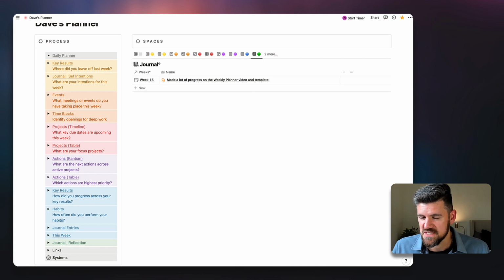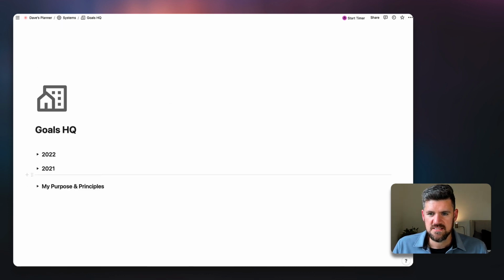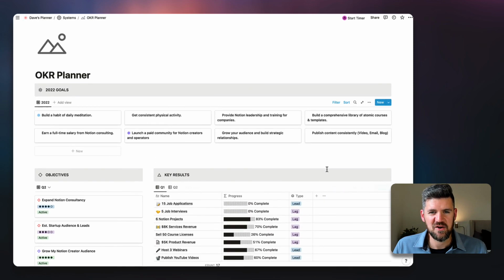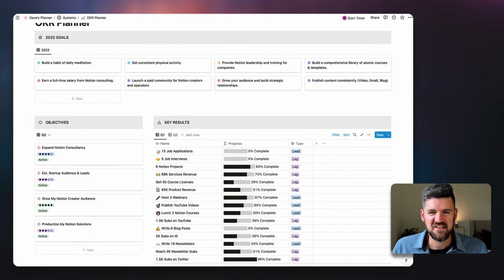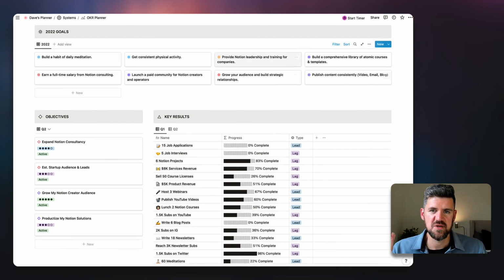Yamaida, you get the last question. How do you divide your big goals into little ones? Great question and a great space to end on. If we take a look at this, there's a lot going on here, but the short end of it is I've got annual goals. These are, again, aspirational, big thinking, long-term, not very specific. Building a habit of daily meditation, still working on that one.